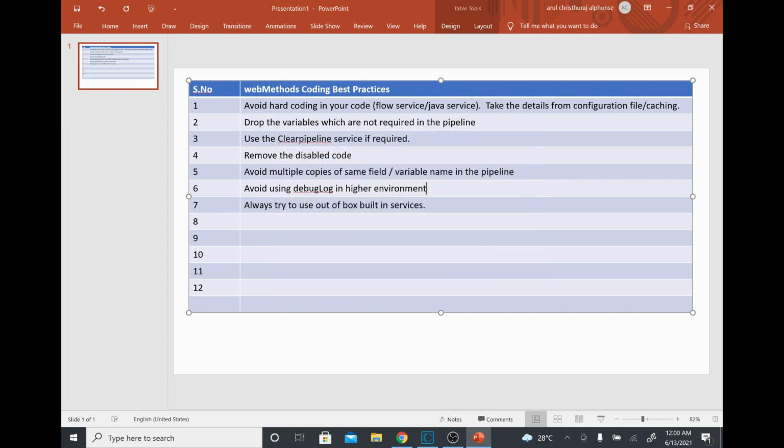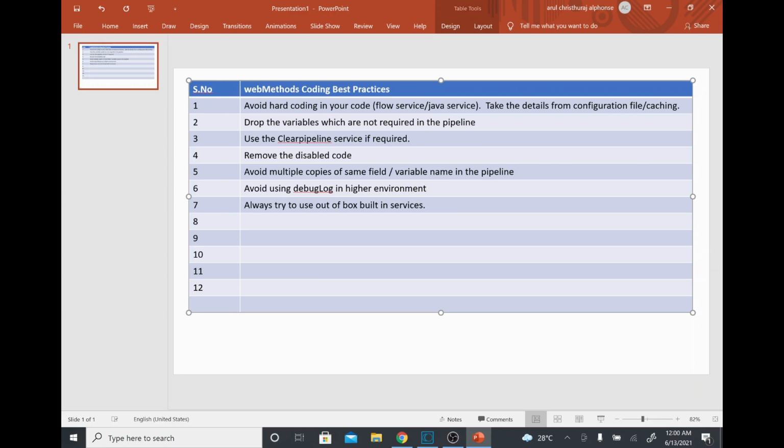If you write a Java service every time there is a requirement, then when you are migrating your environment to the upper version, it's not part of the out of box webMethods built-in service code. Sometimes if you are using Java, it might get deprecated when you migrate, and you might have to spend time altering the code.